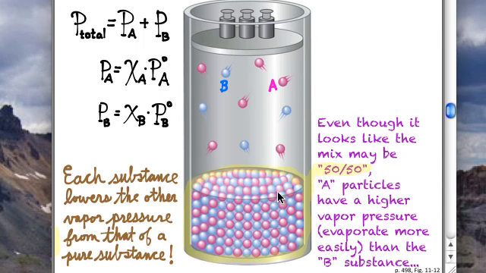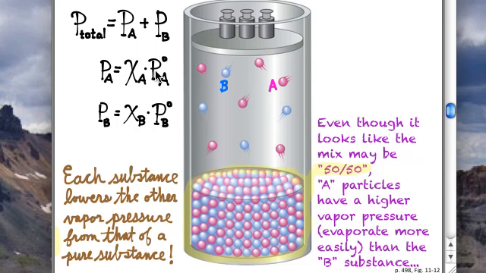So here's a mixture of blue and pink particles. Maybe it's about 50-50. Even though the mole fraction is 0.5 and 0.5, if they can both evaporate, they both get up into the airspace. But because of other factors, particle forces and such, one of them might evaporate more easily than the other. So here's the deal. I measure the relative amounts. Maybe these are both 0.5, 0.5, or 0.45 and 0.55, who knows, something like that.